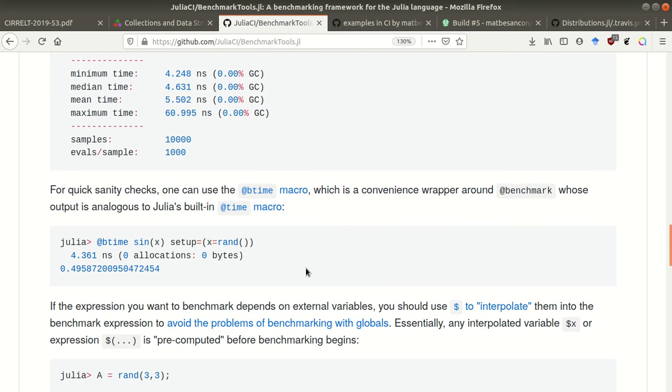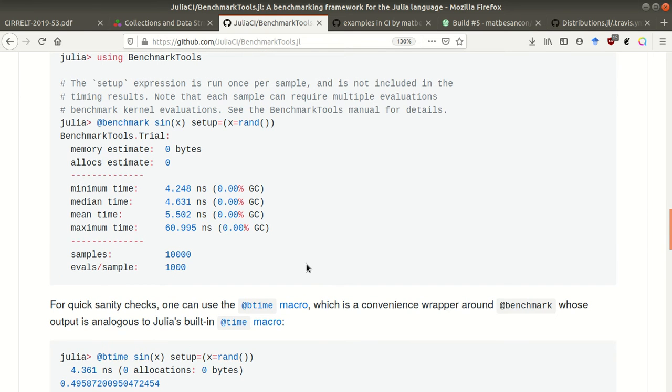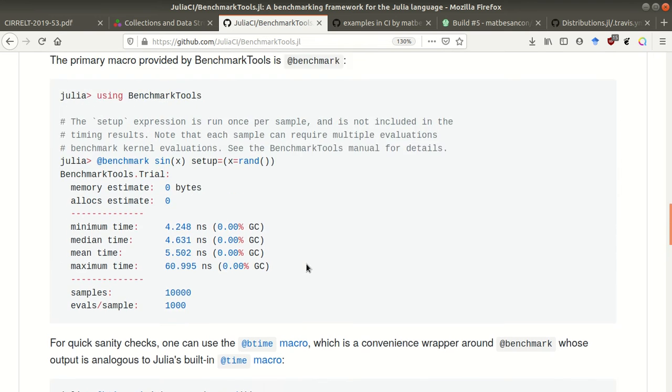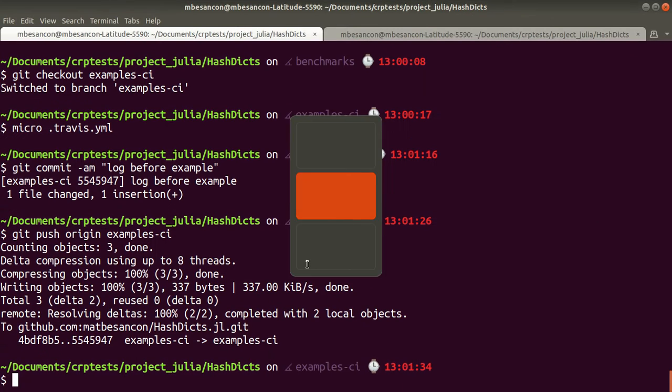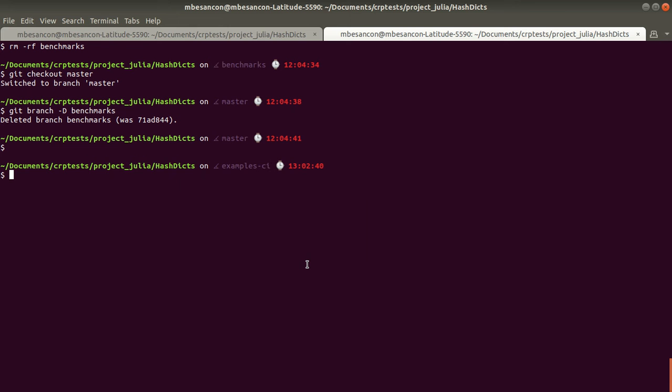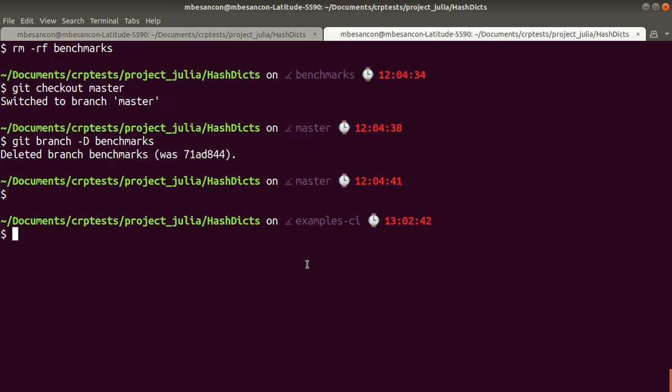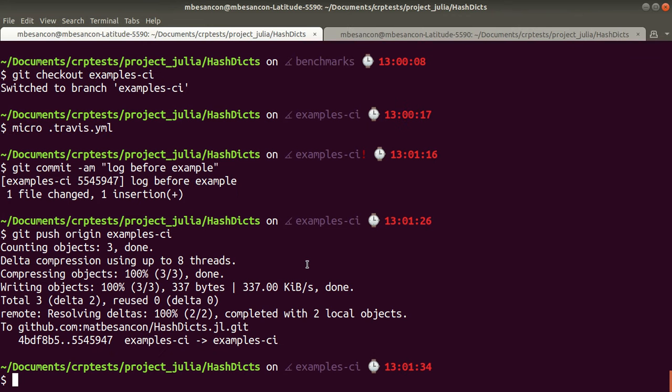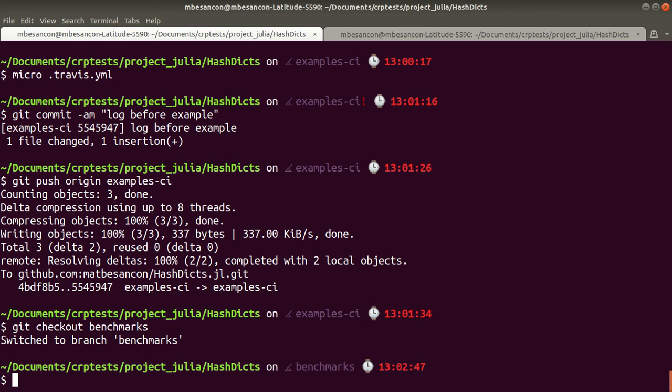Okay, so what we'll do is, for a given dictionary, which can be either ours or the base dictionary, run some operations and give us the time it takes. So we're not going to use any of the fancy things in BenchmarkTools, just the very basic stuff. Okay. Let's get back to benchmarks. So for now,